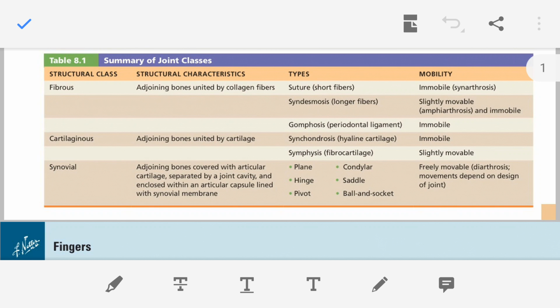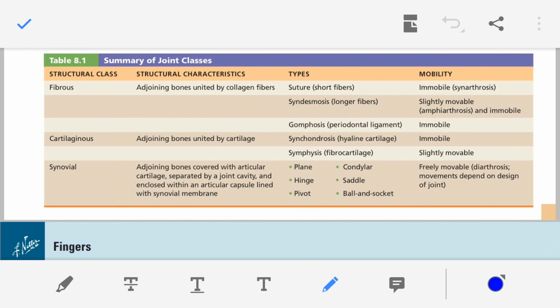I welcome you to the presentation lecture on the structure of the synovial joint. Now, in your medical entrance syllabus, fibrous joints are included, cartilaginous joints are included, and the synovial joints are included. We have already studied the fibrous joint, then we have studied the cartilaginous joint, and for the synovial joint,